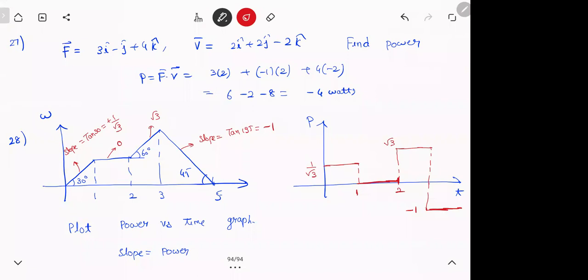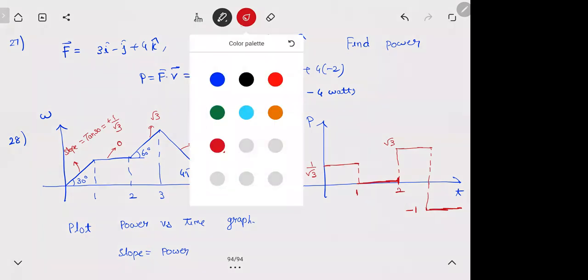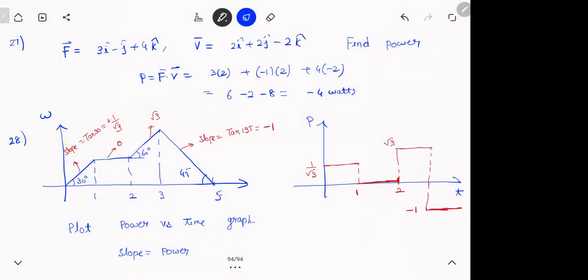So basically, you get 4 horizontal lines. Slopes are constant. This is again exactly like kinematics graphs. Whenever you're confused, go back to kinematics graphs. Everything is the same, only the placement of y and x will be different. In place of power, we can have velocity-time, acceleration-time, displacement-time, or work-time graph. You're just changing the quantities. But remember, in graphs, you only have to check 2 things: what is the slope, what is the area? Those are the 2 primary things you always have.